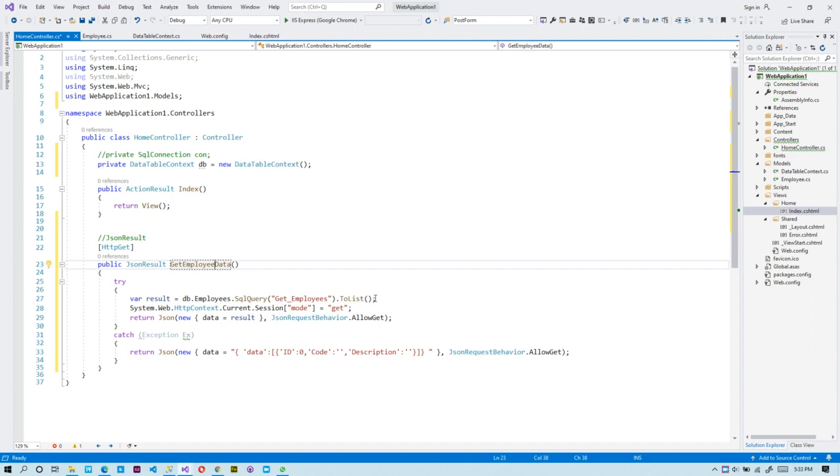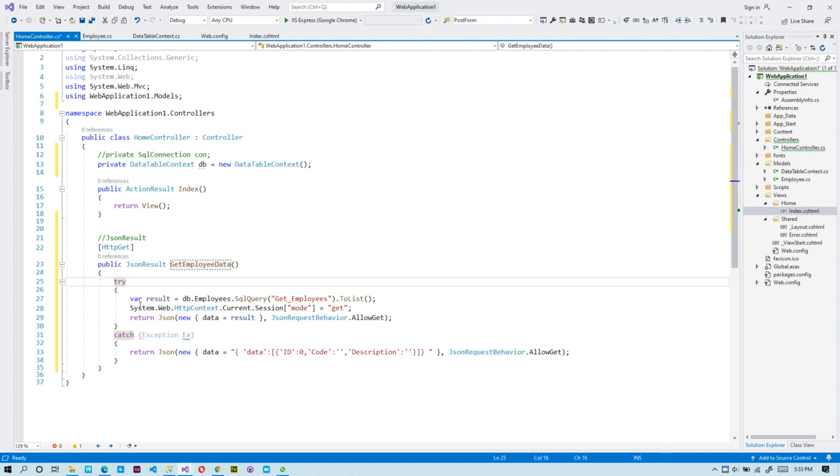Get employee data. So this video is going to show you how to connect your DB to SQL Server, and then how to pull data from SQL Server into your ASP.NET project. Okay, so here inside our try and catch, which usually is used to handle errors,